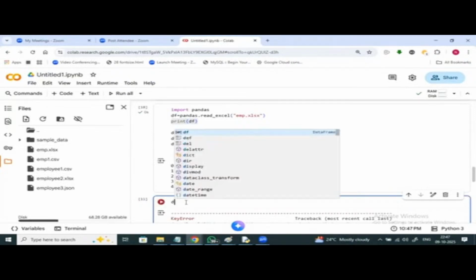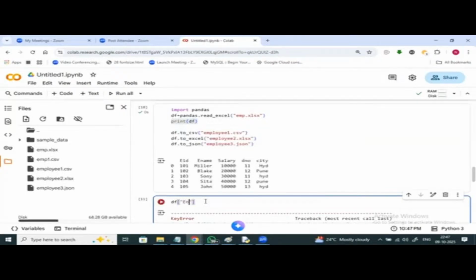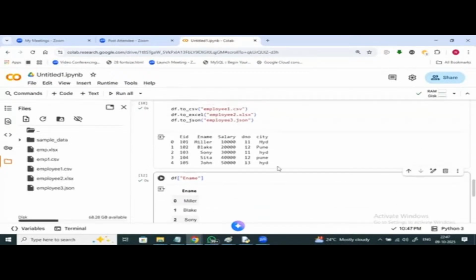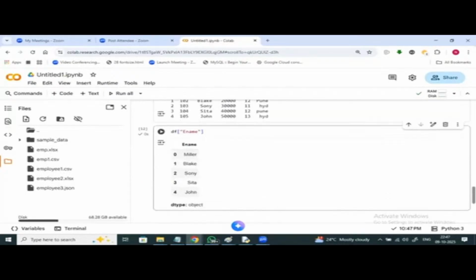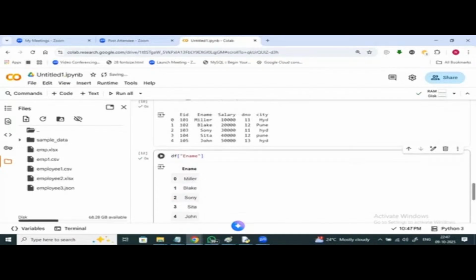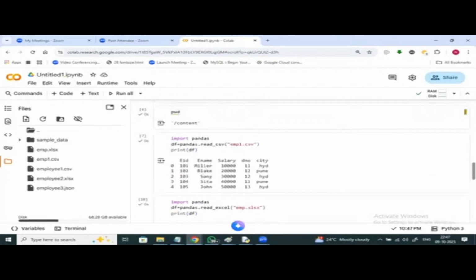Okay, df of, I want only df of e name. Only employee names only I want to print. From this data frame, only employee names only it is printing. So in this way, the total